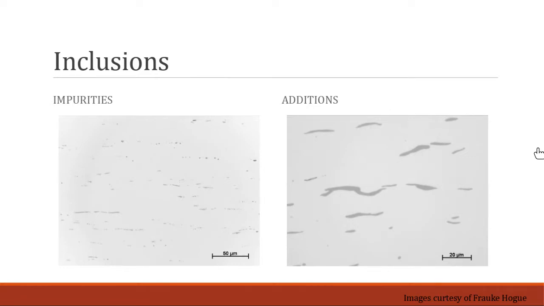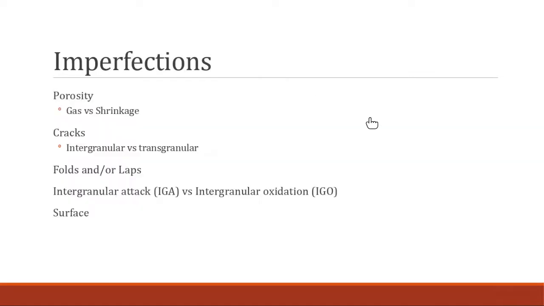applications. So looking at some of the imperfections that you can discover, reveal and observe in metallography is porosity. You have to be able to distinguish the difference between gas and shrinkage porosity. Then cracks, intergranular versus transgranular, folds and or laps. You have intergranular attack versus intergranular oxidation. And then you have some surface imperfections that can be identified as well. So, starting with porosity,